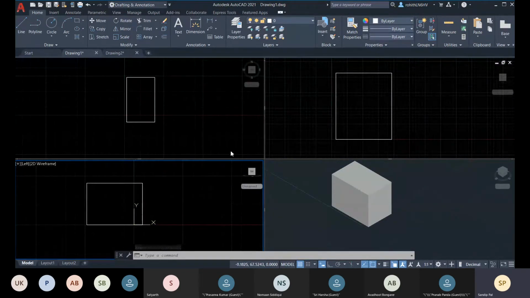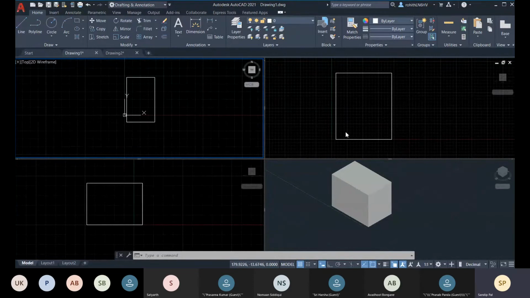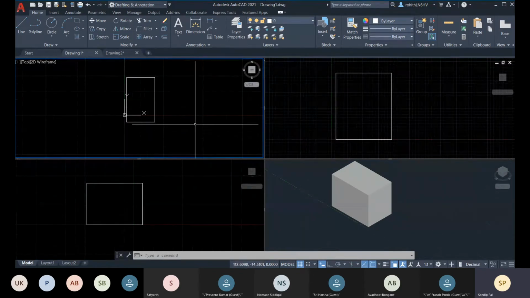So you can change your viewport configuration. Within this viewport, you have model space. You can ask me, sir, are we having four different model spaces?